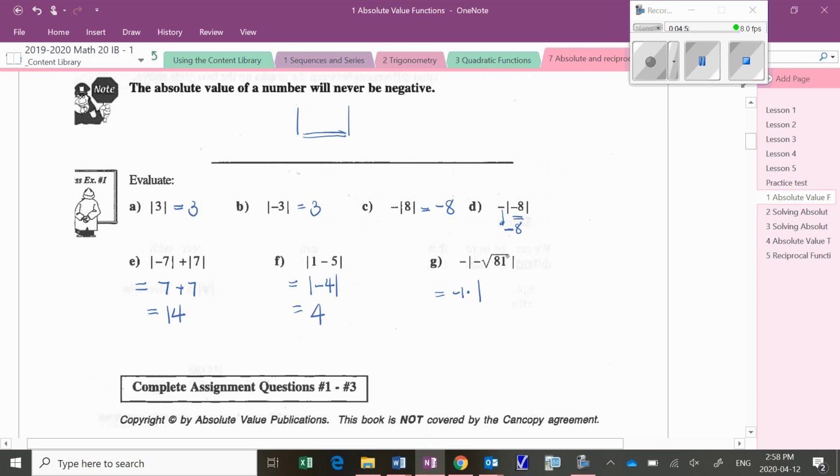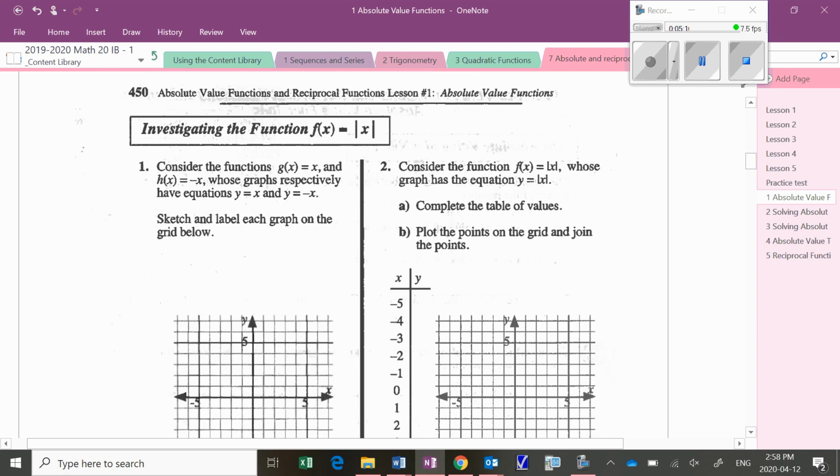Square root of 81 is 9, but then there's a negative in front, so then we've got negative 1 times the absolute value of negative 9, which is negative 1 times 9, or negative 9. Awesome. Okay, so now that we've done a little bit with numbers, let's take a look at absolute value with